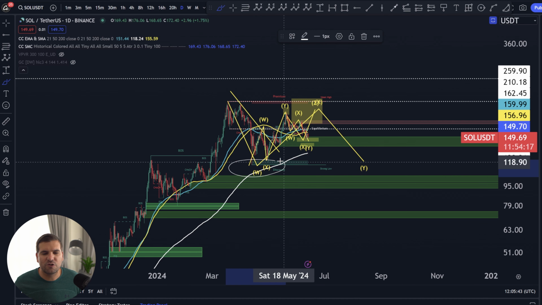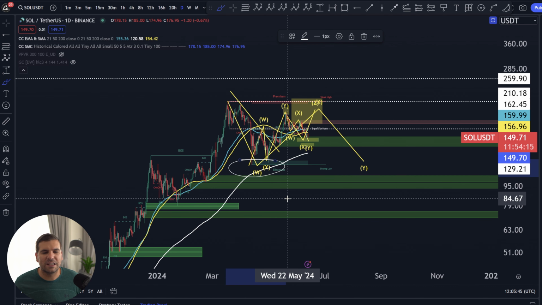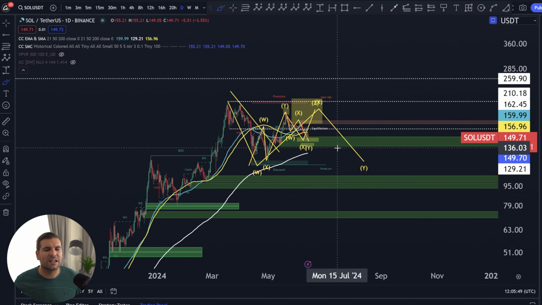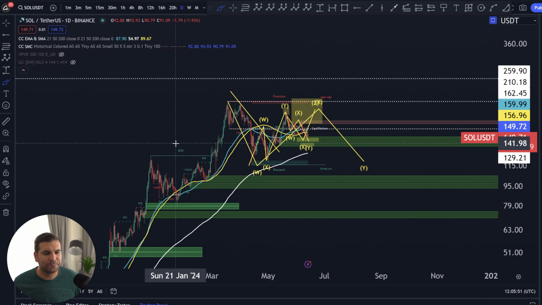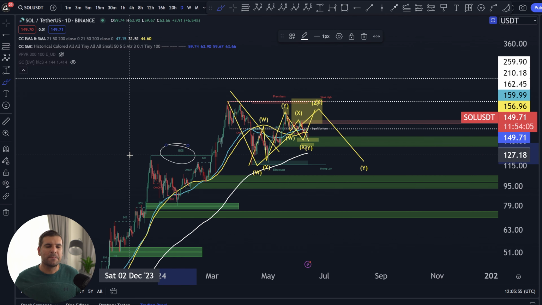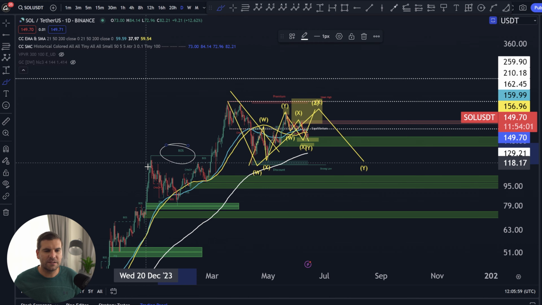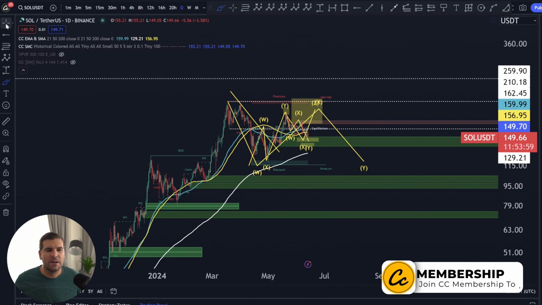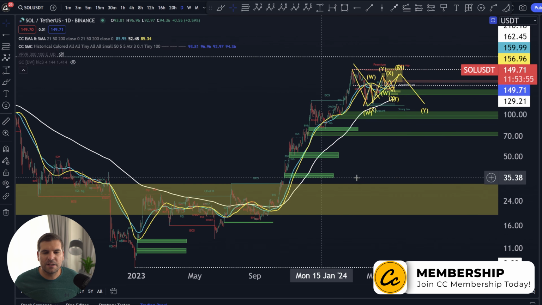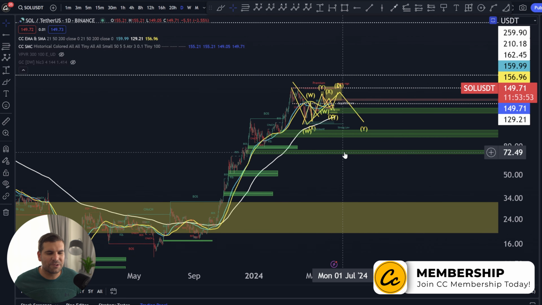We have a really strong low area that is not likely to get broken, although our 200-day EMA may actually get lost at some point in the near future. On a scale, we are, of course, on a bullish trajectory. Ultimately, we are still in a bullish pattern on a longer time frame, still tracking very bullishly here for Solana, where we have the potential for some pretty significant